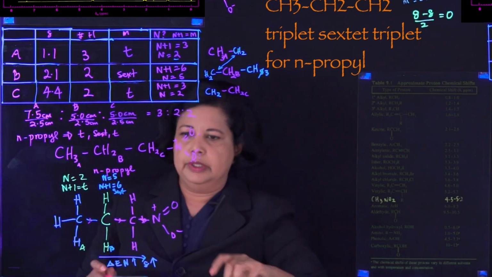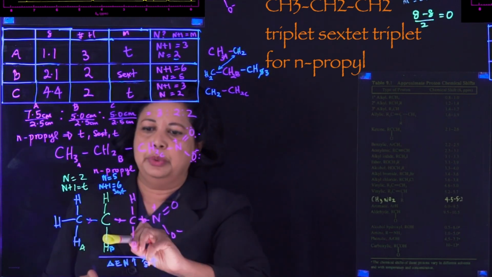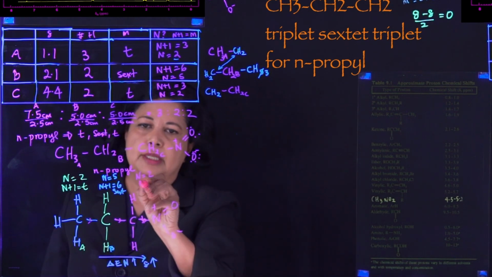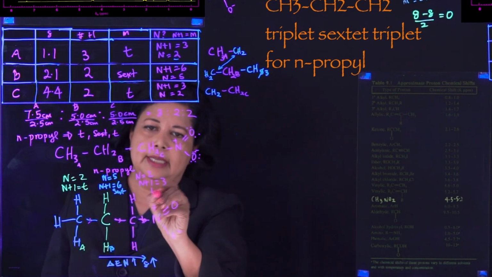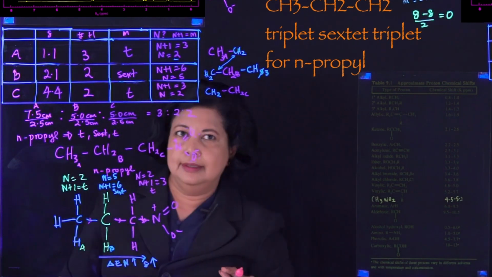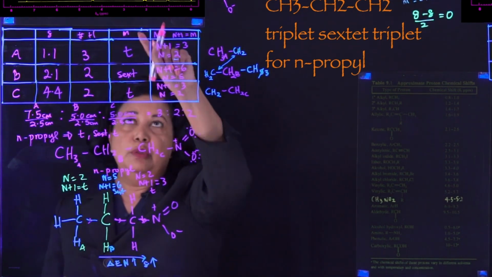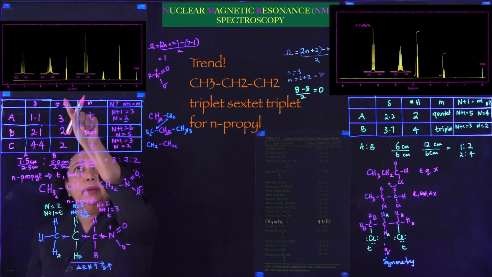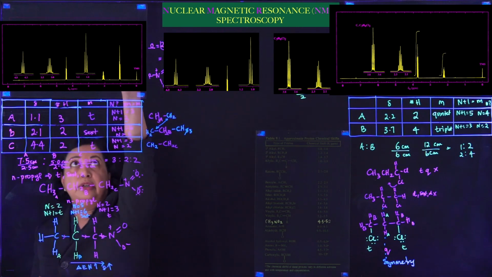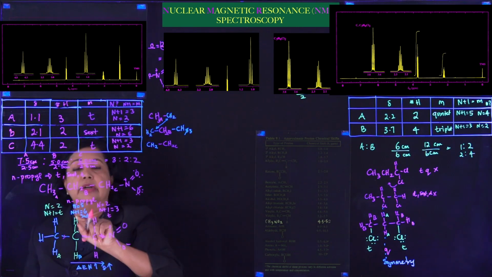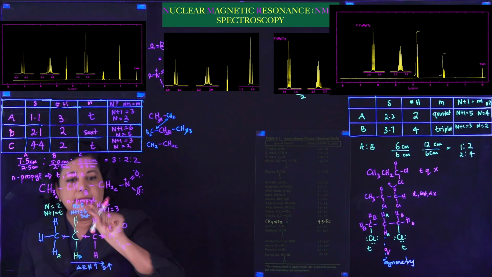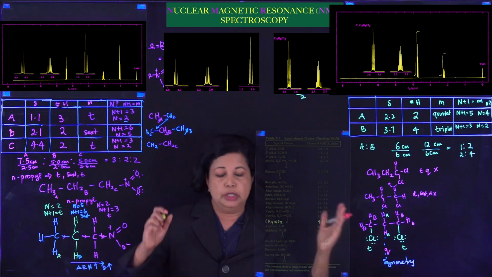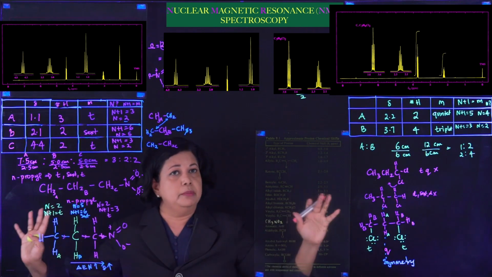This guy over here has got only 2 neighbors, therefore n is 2. Therefore n plus 1 is 3. That's a triplet, and that's what you see. So the multiplicity is mainly to figure out neighbors. And the number of hydrogens, the integration here, the integral values are to figure out the number of hydrogens on that particular carbon. Once you know your neighbors and once you know how many hydrogens you have, you can pretty much create the